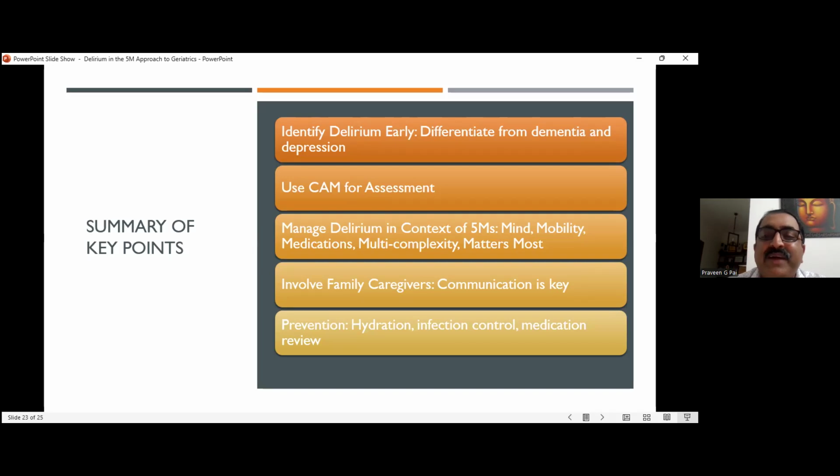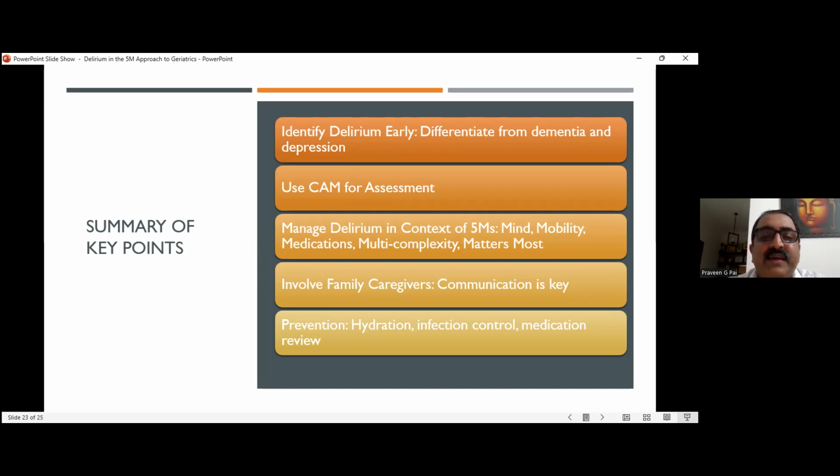Keep those five M's in mind. It's very important. If we have the five M's in mind, it's very easy to plan, very easy to make a care plan, a long-term care plan. It's very easy to communicate, very easy to prescribe medication, whatever. In palliative care, good quality care comes if we can think of these five Ms.